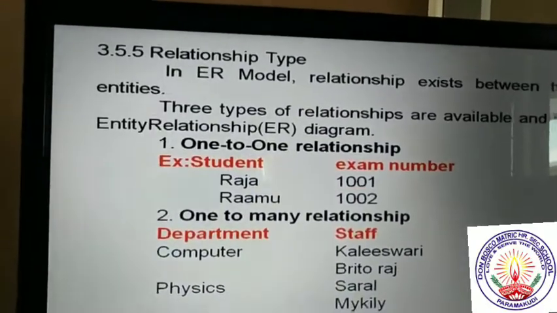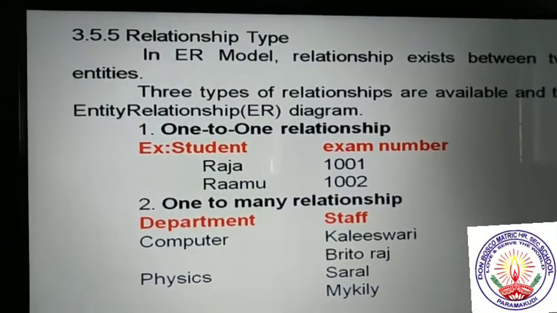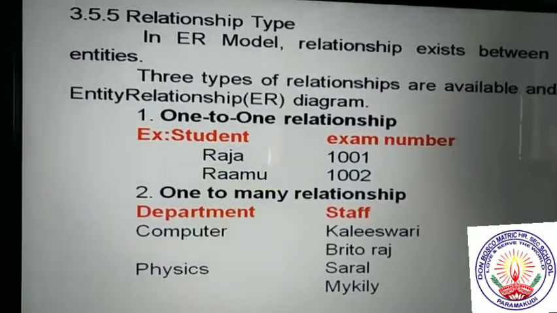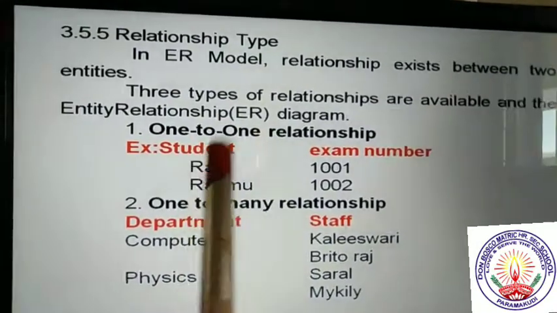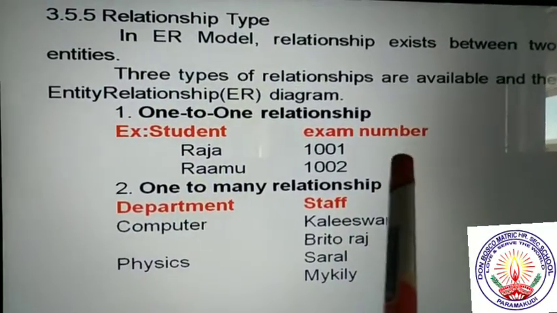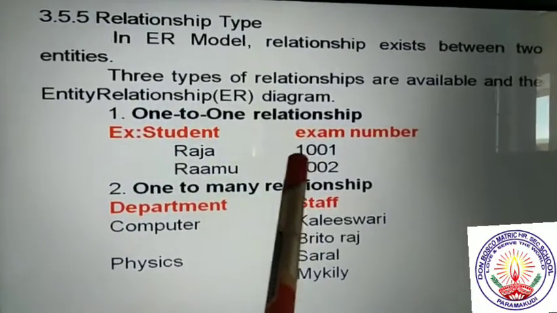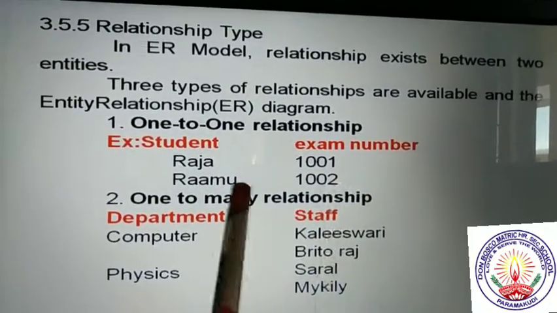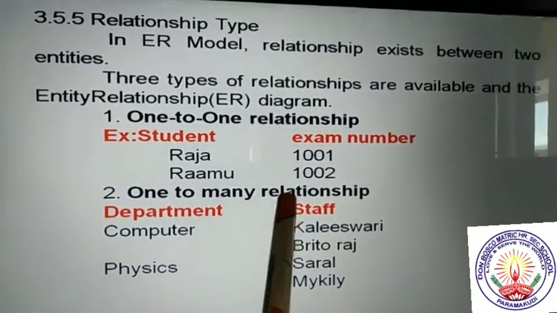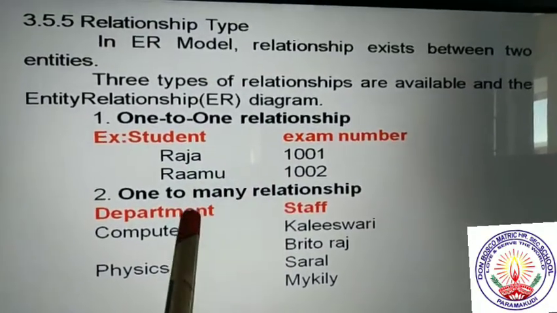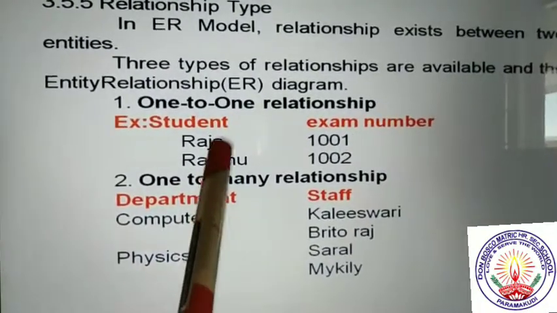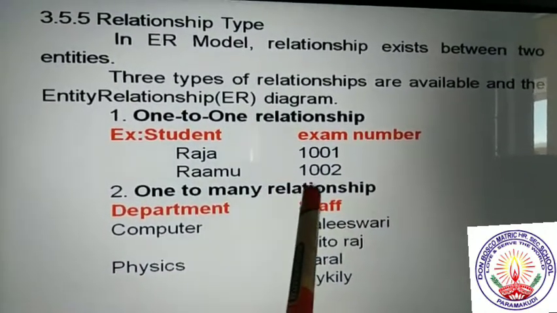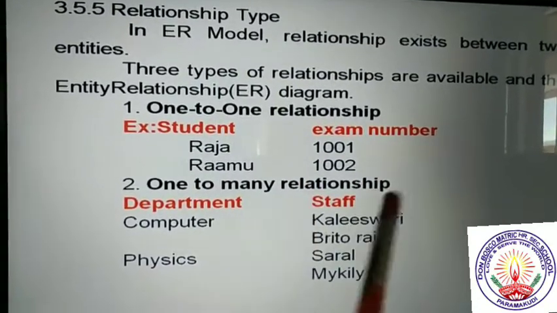So here I like to give one example. One to one relationship means one person having only one number. So for example, ஒரு ஸ்டூடெண்ட் இருக்காங்க அப்படின்னா அவங்களுக்கான register number என்னதான் இருக்கும்? Only one தான் இருக்கும். அப்போ ஒரு பர்சன் அவங்களுடைய linking ஒரே ஒரு exam number உடன் மட்டும்தான் இருக்கும். So இந்த மாதிரி transaction நடக்கக்கூடிய அந்த database அப்படிங்கிறப்ப a one-to-one relationship. So here I have typed Raja and Ramu. So Raja அப்படிங்கிறவங்களோட exam number 1001, Ramu அப்படிங்கிறப்ப 1002. So each person having only one exam number.